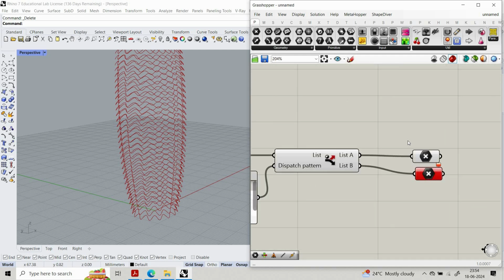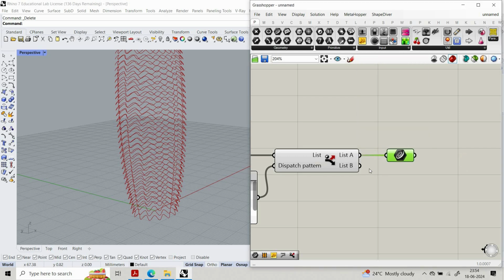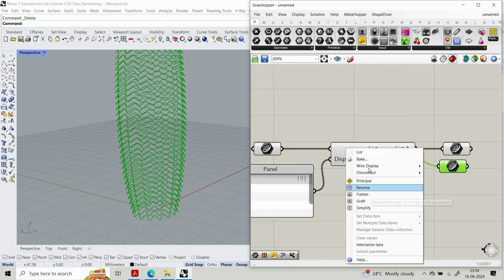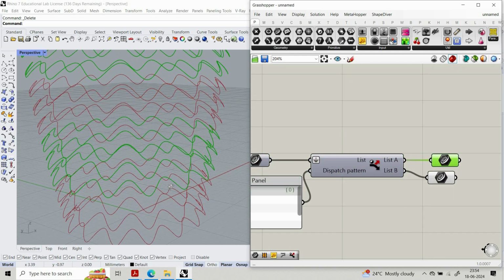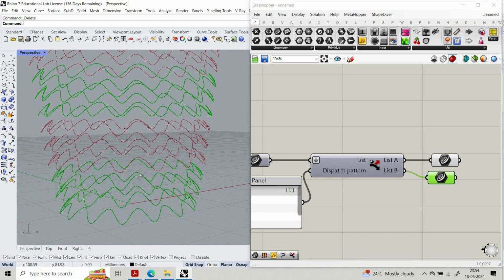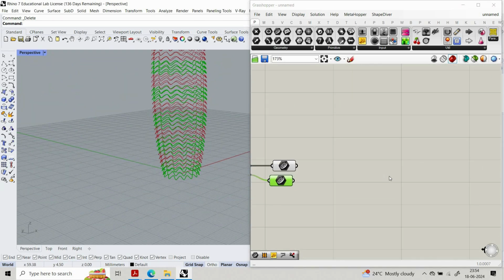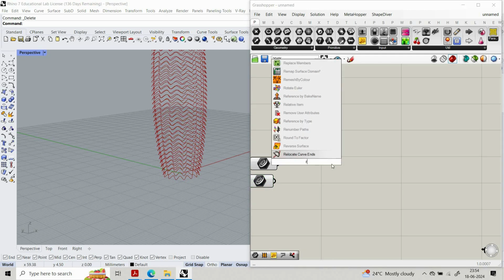Wait a sec. Sorry, it's a curve. So we have like a two curve, but why is it not working? Flatten it. So now when I select this, you see three curves have been selected. The same way when I select this, three curves have been selected. Okay, so first the top curve, I'm going to